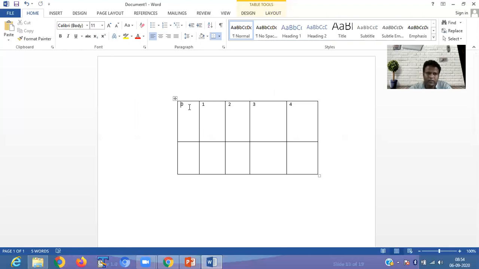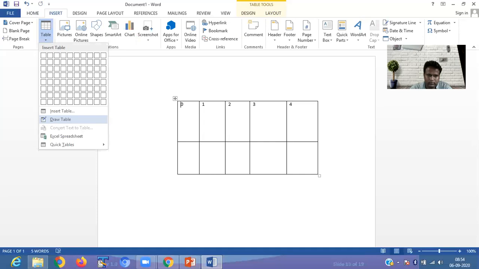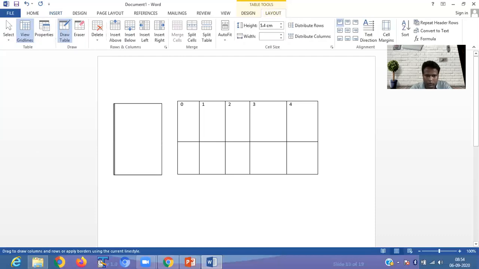Let me draw another table. Row wise it is 0 and 1.